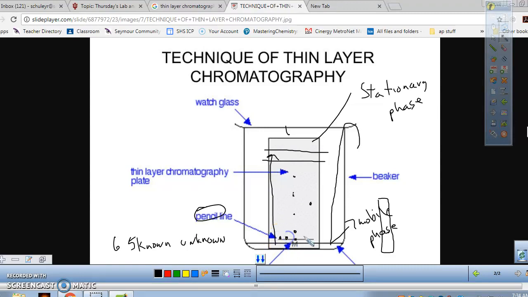So across this paper, you're going to end up with, obviously this paper is not wide enough, but you'll end up with 6 dots across here. Now the bad part is when these dry up, you're not going to be able to see them. When these things move up the paper, you're not going to be able to see them. You might, on a couple of them, see a little bit of a place where they've moved up. They're going to be invisible. So there's 2 ways we're going to visualize. Our 2 methods of visualization